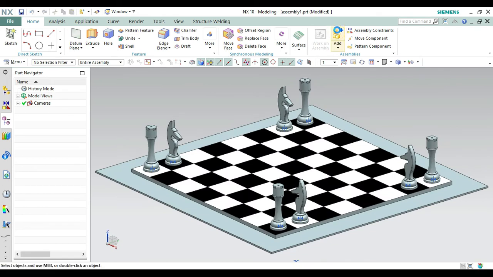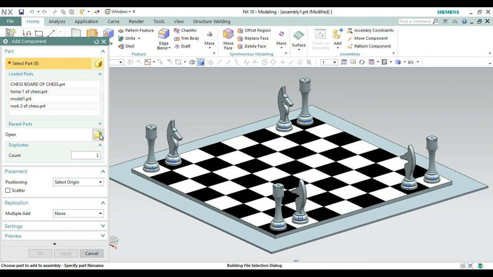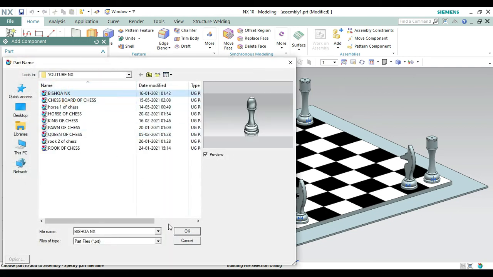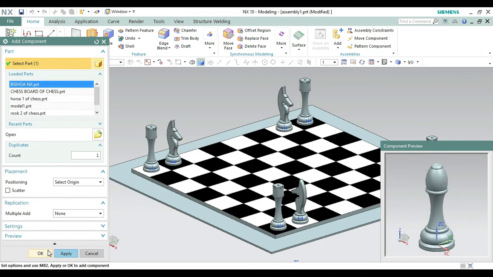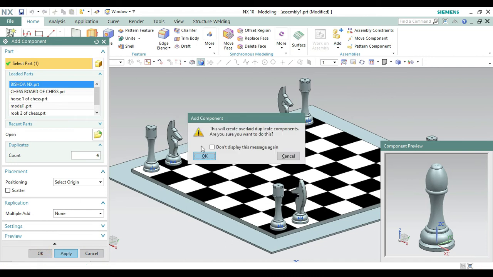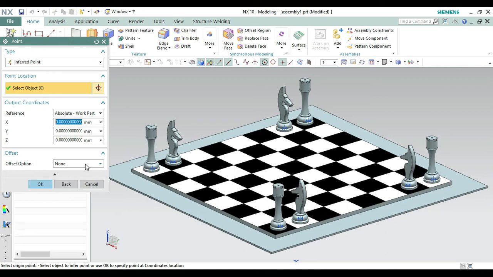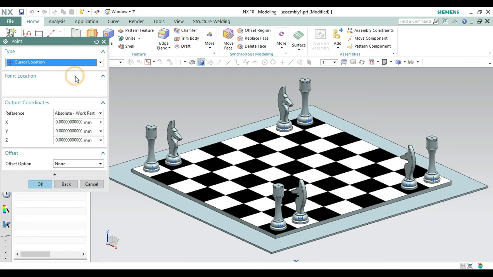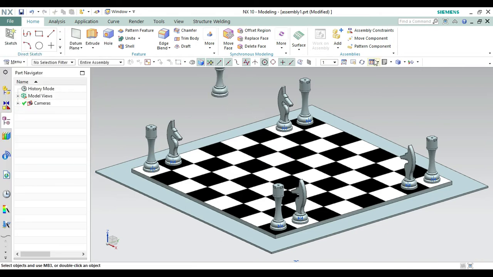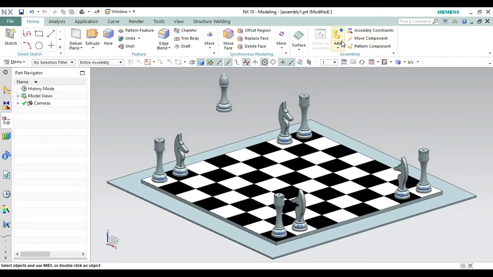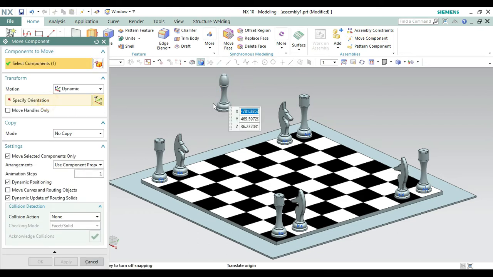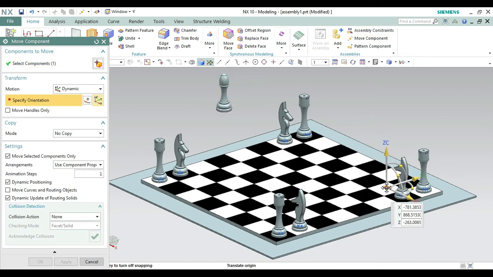Similarly, again going on to the add command, we have to now take the bishops from here and make it okay. Let's bring the copy to 4, make it okay. Let's bring it to again center. Just a second, cursor location what it be. Let's bring everything here now. Otherwise everything will go downwards, so that will be a problem. Again we need to drag everything. Again taking this one, drag it to point something approx.